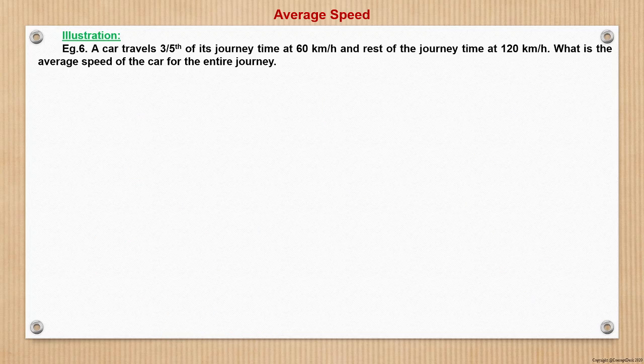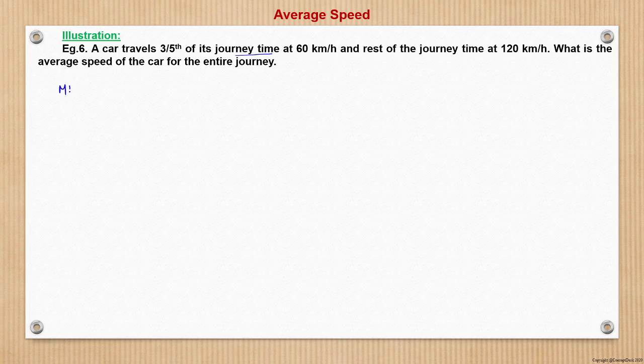Now we will move to question number 6. So again, now see, a car travels 3/5 of the total time at 60 km per hour, and the rest of the journey at 120 km per hour. What is the average speed of the car for the entire journey? Now see,